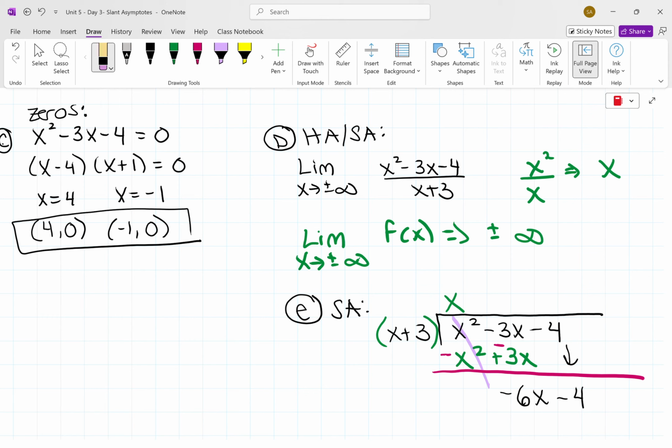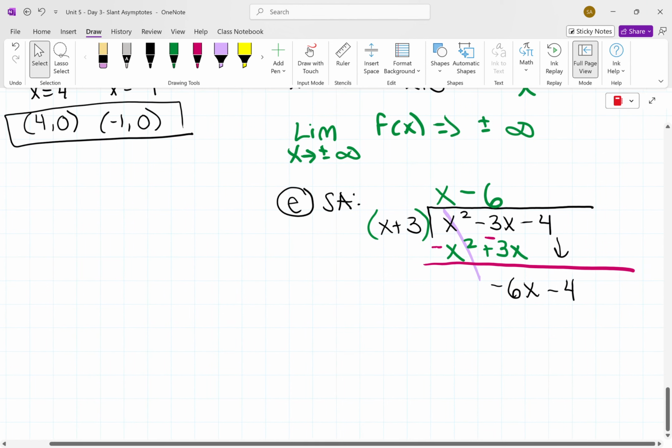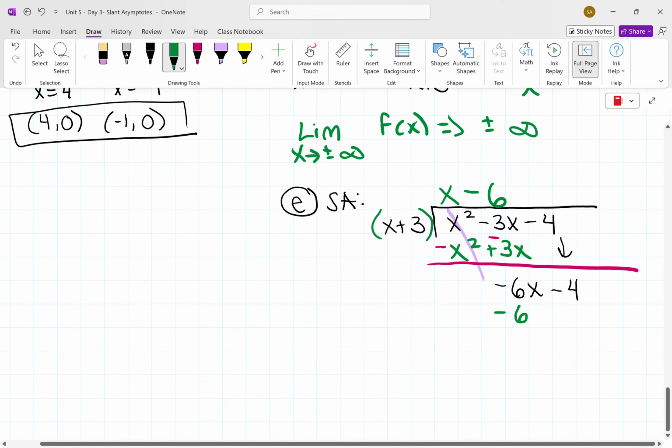All right, let's keep going. So now we ask ourselves, well, x times what will give me a negative 6x? x times negative 6. So now we distribute that into the divisor. Negative 6 times x is a negative 6x. Negative 6 times 3 is a negative 18. But because we're subtracting, I need to distribute in that minus or negative sign. So all the signs become the opposite. So the 6x's cancel, and then I'm left with negative 4 plus 18, which